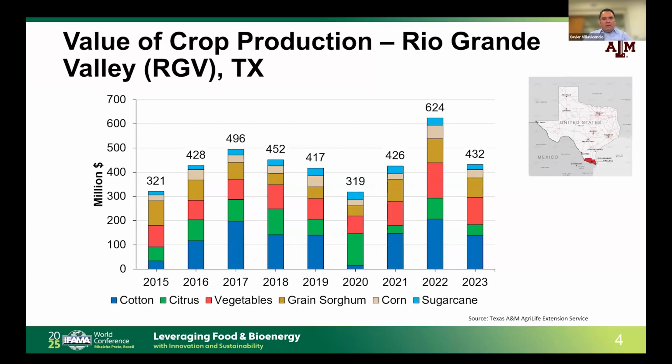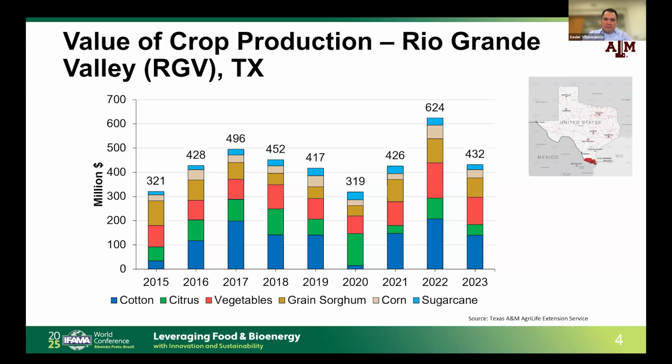And in this area, we can grow, for example, cotton, citrus. This is the only area in Texas where we can grow citrus, by the way. Vegetables, grain sorghum, corn, and sugarcane. These are the most important products that farmers grow in this area. And this is the economic value. We have the economic value until year 2023, in which we also have the production of sugarcane. I am going to talk about the sugarcane case because it's very relevant for this work.